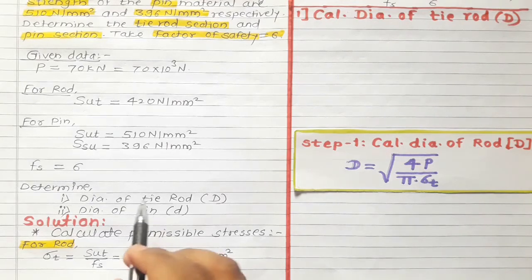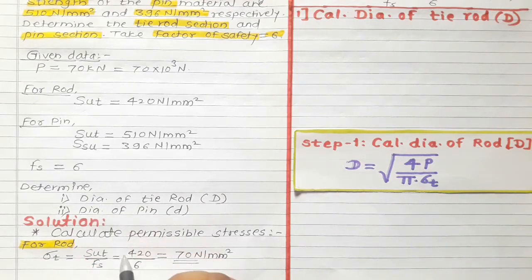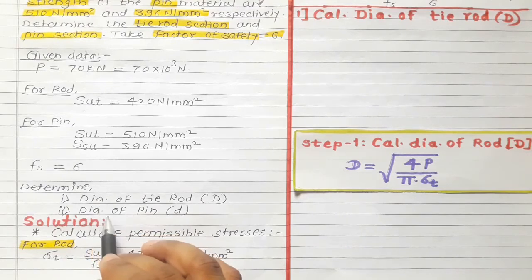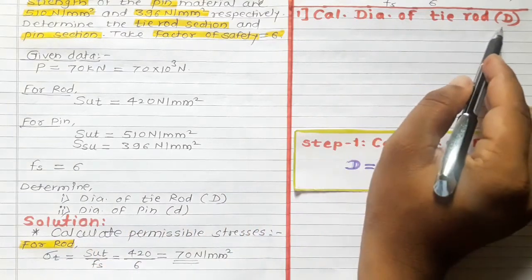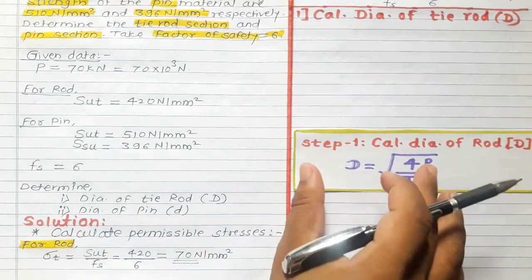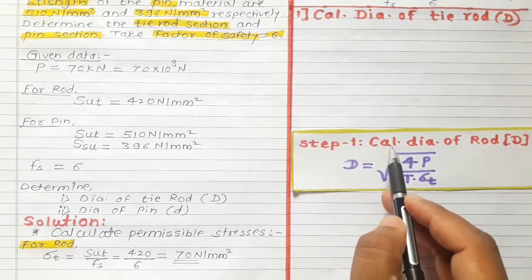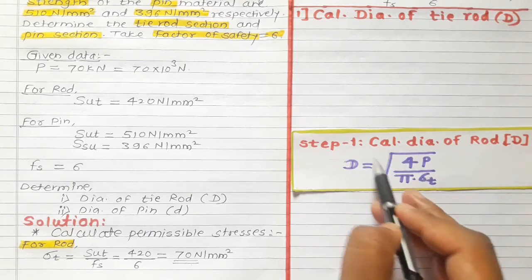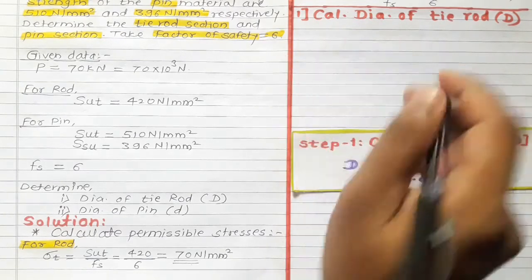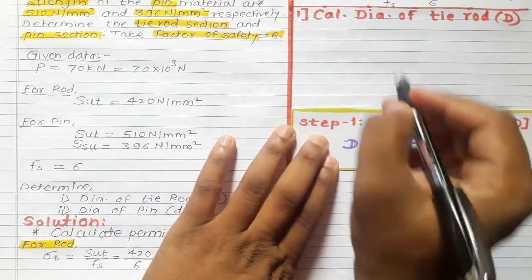Now in the solution, after calculating the permissible stresses, we have to find out these two parameters. So write down first point as calculate the diameter of tie rod, that is capital D. And by referring the first step of design procedure of knuckle joint, we can write this equation to find out the diameter of rod of knuckle joint. So now let us write down this equation. So this equation is